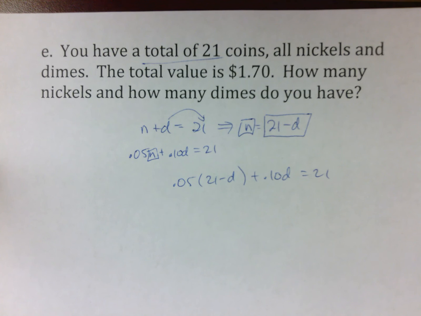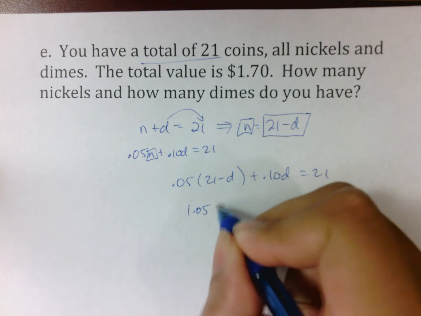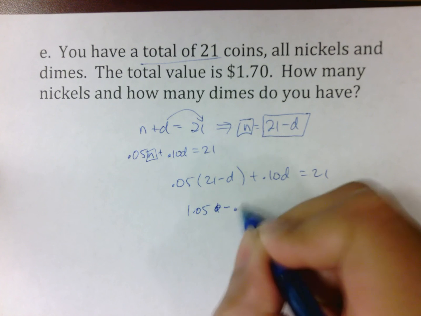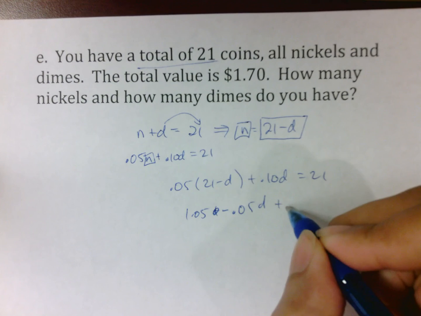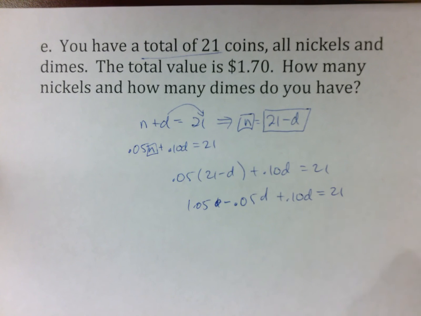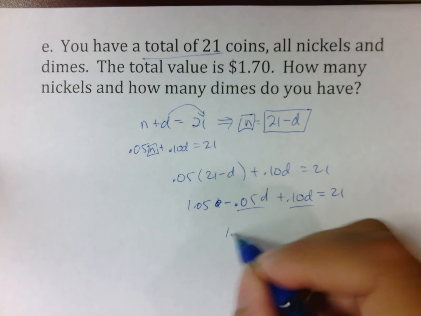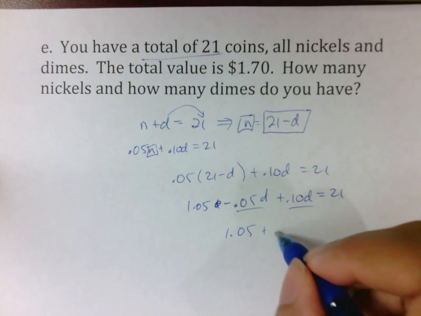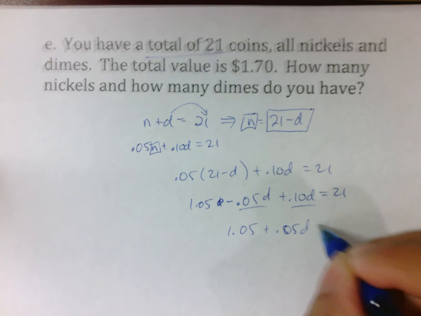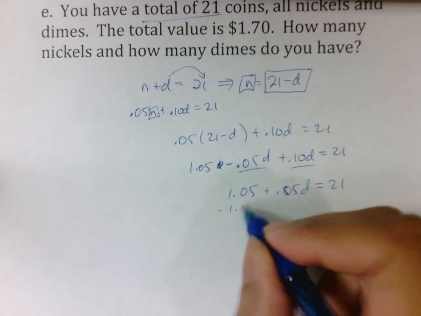We then have to find out what 0.05 times 21 is. So 1.05 minus 0.05d plus 0.10d equals 21. Put these two together. That makes 1.05 plus 0.05d equals 21. Subtracting the 1.05,